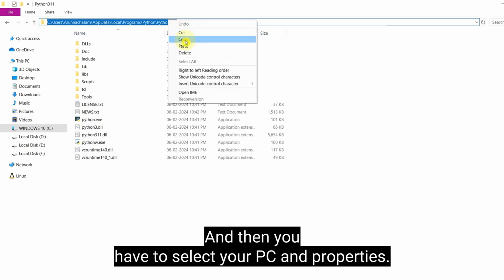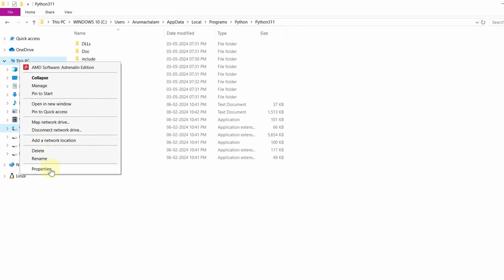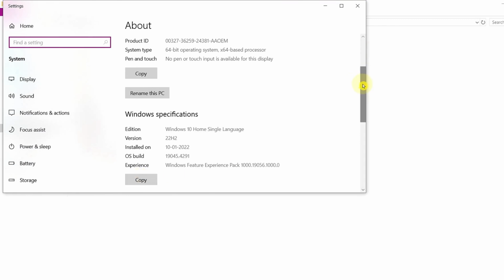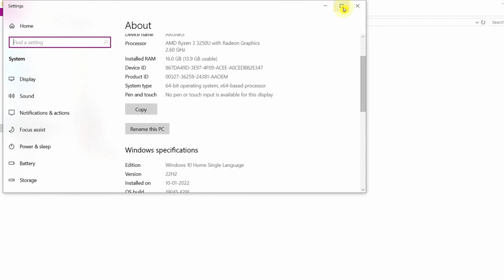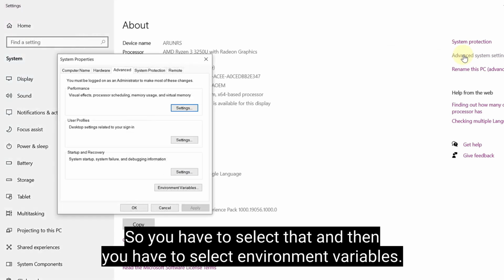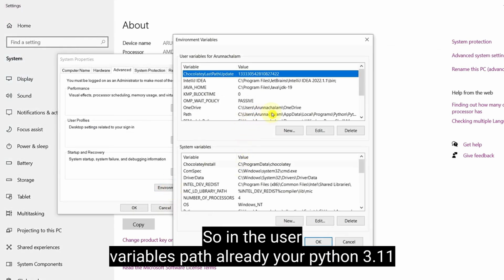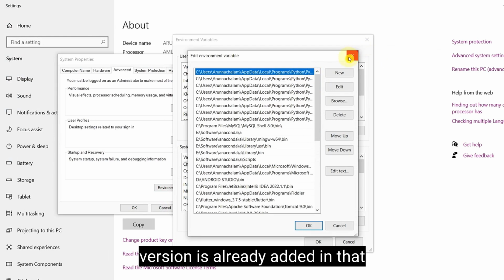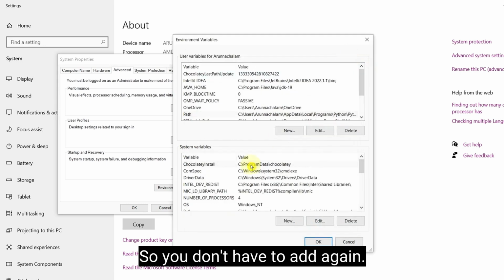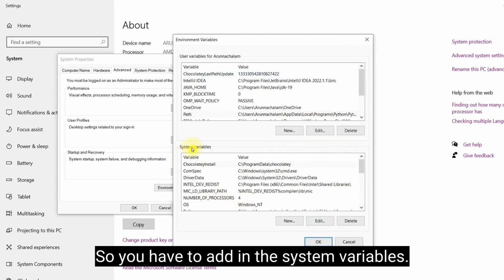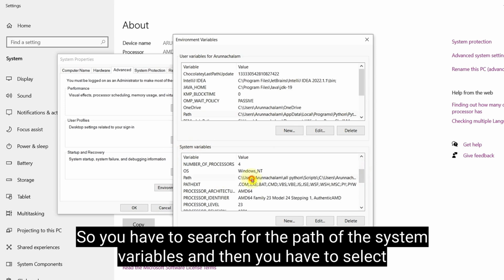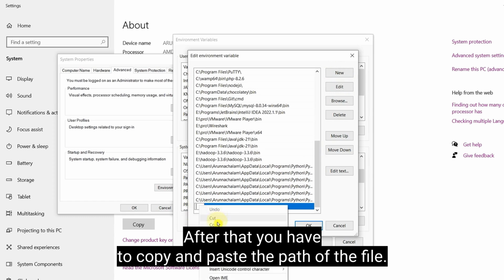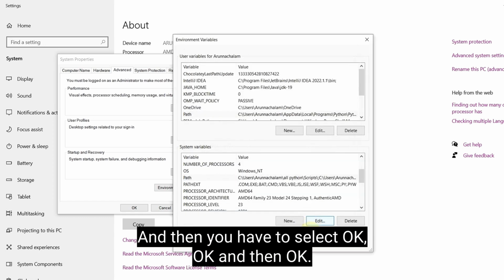And then you have to select your PC and Properties. After that, you have to search for advanced settings, advanced PC settings or system settings. You have to select that. And then you have to select Environment Variables. In the user variables path, your Python 3.11 version is already added, so you don't have to add it again. You have to add it in the system variables. You have to search for the path in the system variables and then select New. After that, you have to copy and paste the path of the file. And then you have to select OK,